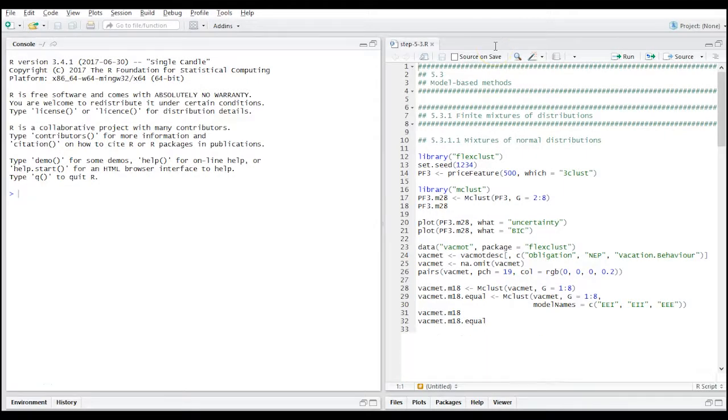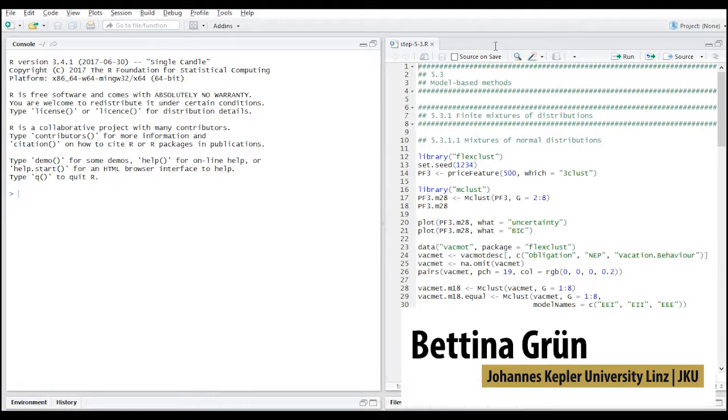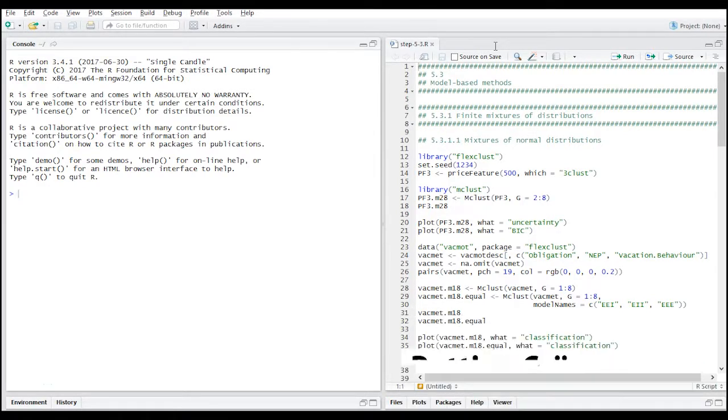Step 5.3 Model-based methods. First, we're looking at finite mixtures of distributions, and in that also at the special case of finite mixtures of normal distributions. We'll look at the application using